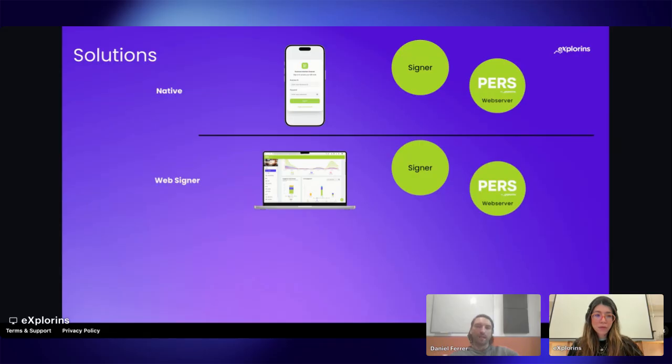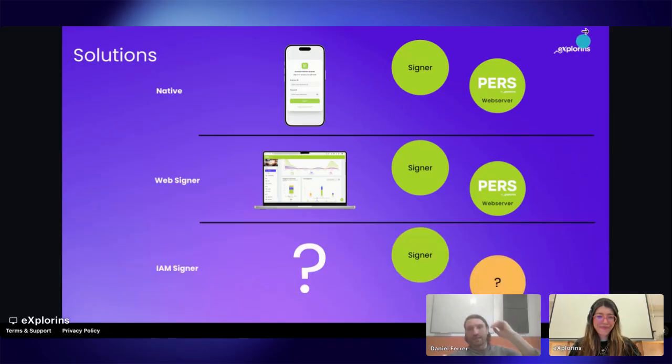But with that being said, we figured out that abstraction goes even further than that, because since we have built that logic, it is not only limited to a PERS transaction signing. No, it can be literally, first of all, from any identity to any transaction. What do I mean by that? We don't need to restrict it to any users within our infrastructure. No, it can be perfectly any